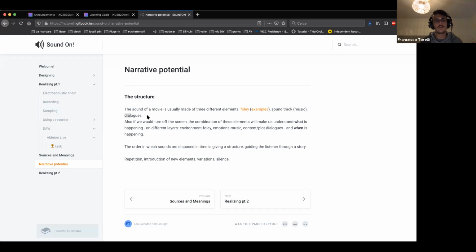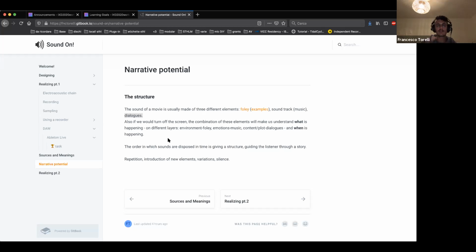And then of course you will have dialogues. As soon as someone talks, you will start to understand which characters are involved and what they are doing. So this is actually what makes the structure. I took the example of movies, but the same thing is happening also in a music piece. You have to make a little bit of an effort to understand that, but it's actually not hard, because instead of having dialogues,